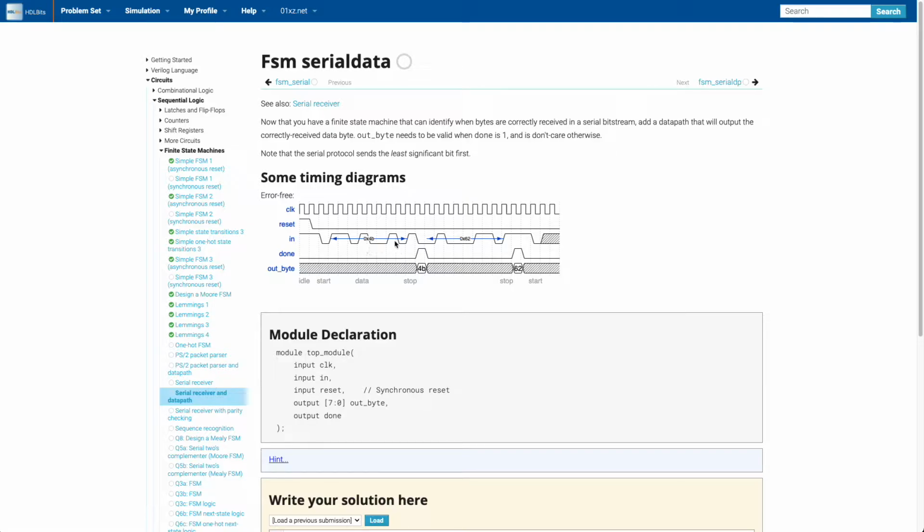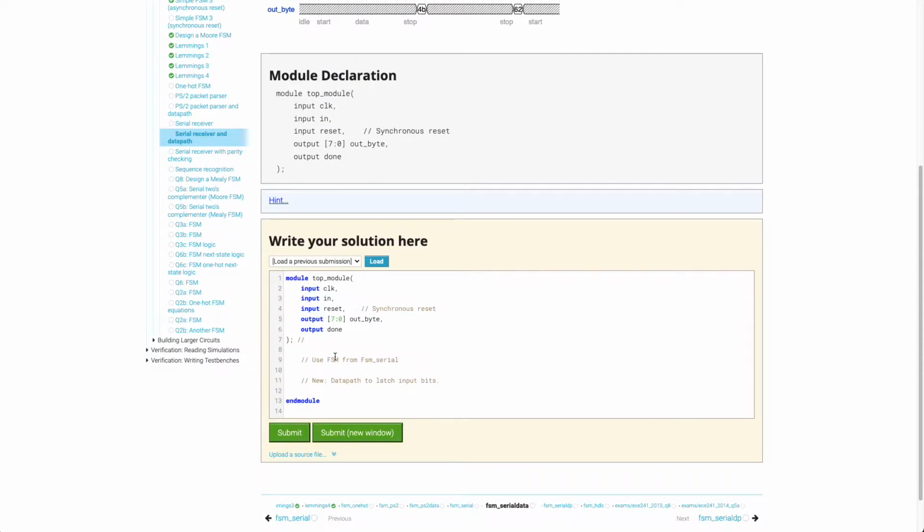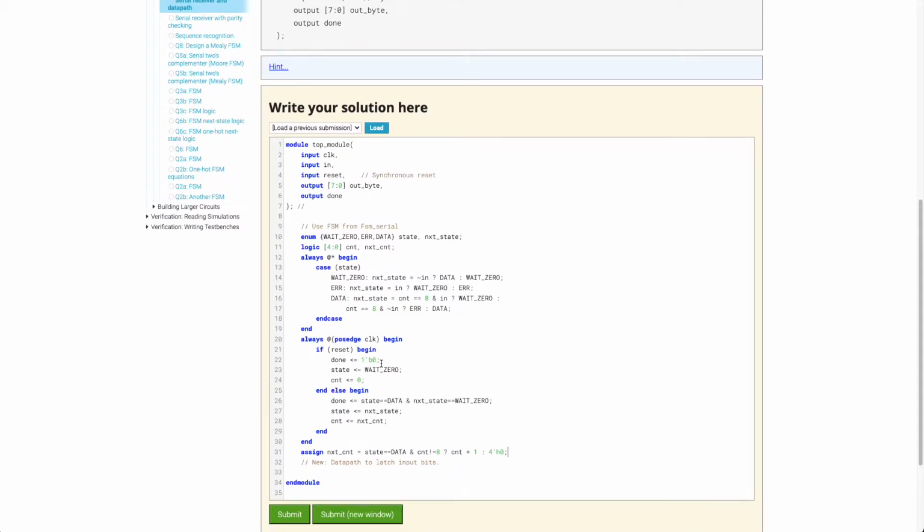So this is 4B because why? This is 1, 0, 0, which I guess is 4. And then 1, 0, 1, 1 is B, because 1, 1, 0, 0 is C, so minus 1. So just do that for my FSM, and then my out byte is just going to